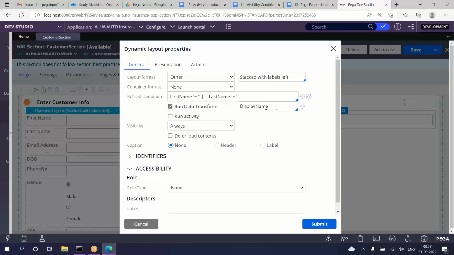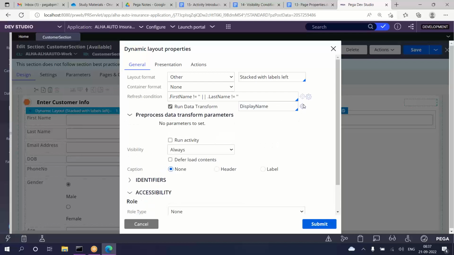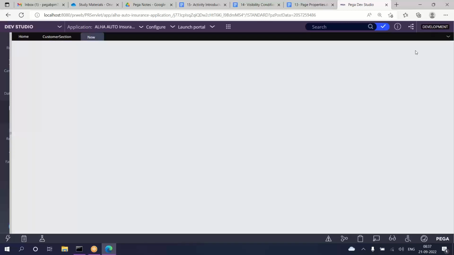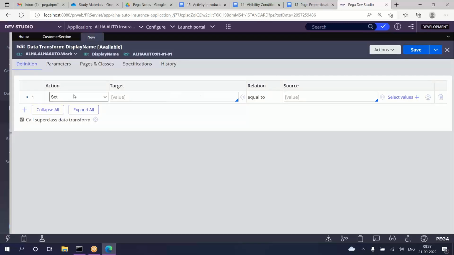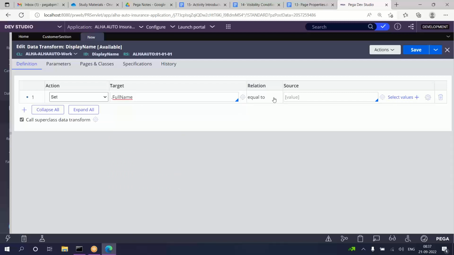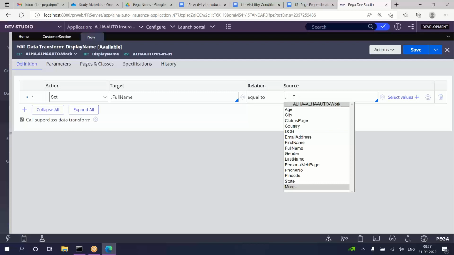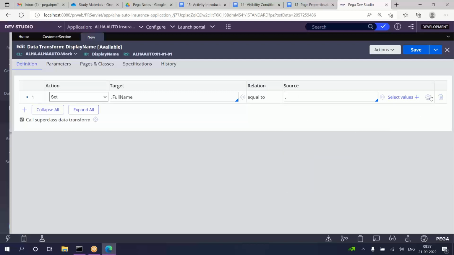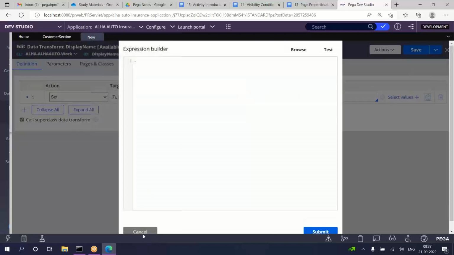So any name we can give. I'm giving the name as display name. Click on open. So here there is some function. This is a function actually. So for which property are we setting this function? So here full name, set full name equal to. So equal to is the relation condition, and in the source option, again manually, again there is a builder there. Okay, the builder will be there, but